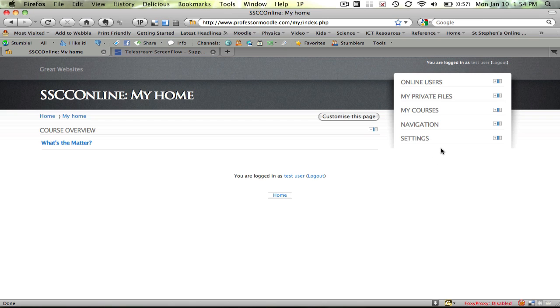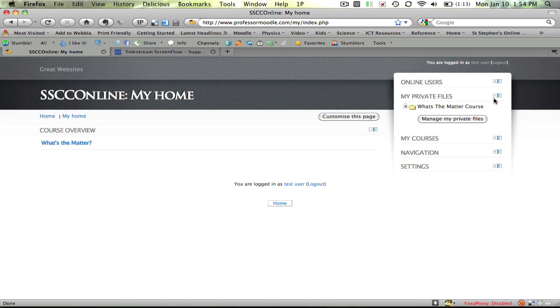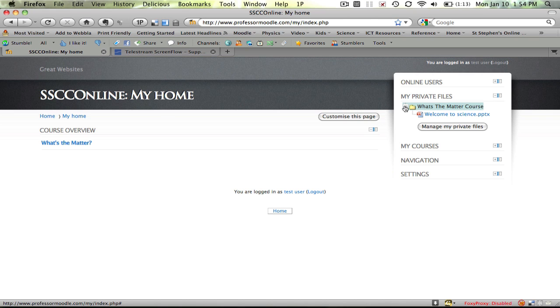The other thing that's really useful in this particular section is my private files. So as well as being able to navigate around different sections, you can also set up, as you would on any computer, your own private section. Now I've already started it here, and I've got a folder, and inside that folder is a PowerPoint file. What I will show you is how to set up your own. So if you click on Manage My Private Files,